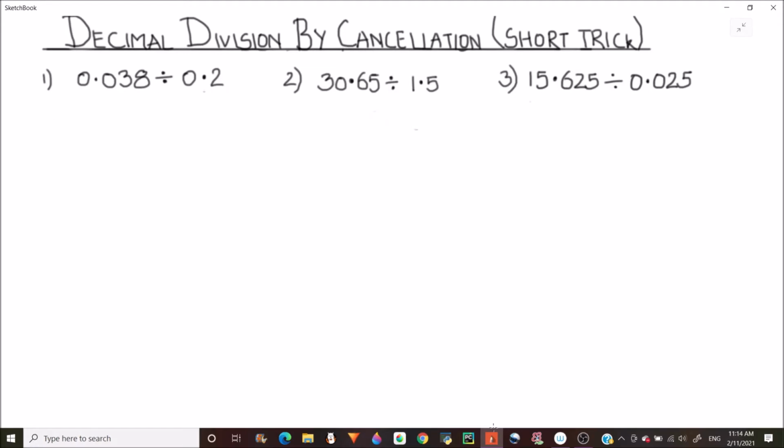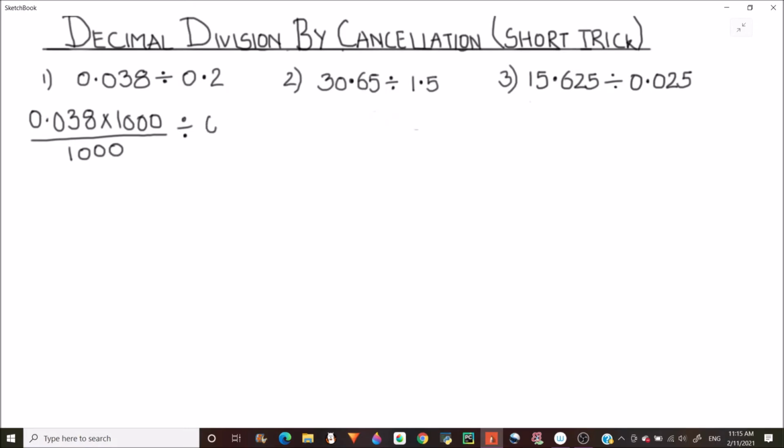Dividing these numbers would be very easy when there is no decimal point. So the first step we are going to do here is to remove this decimal point. In our first dividend, 0.038, to remove the decimal point we should multiply this number by 1000, as there are 3 digits after the decimal point. And as we are multiplying it by 1000, we have to divide it by 1000 to make the value unchanged. We will do a similar step for our divisor.